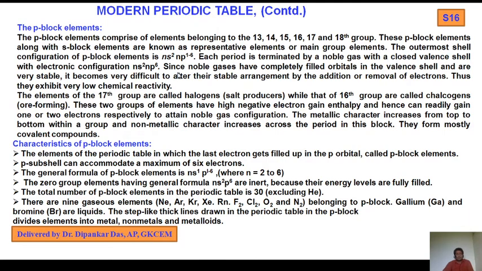So we always follow the noble gas configuration, because during the formation of ionic bond or covalent bond or coordinate covalent bond, every element or atom has a tendency to acquire the nearest noble gas configuration, because this is the stable configuration. So ns2 np6 is an octet. In case of helium, it is a doublet. Since noble gases have completely filled orbitals